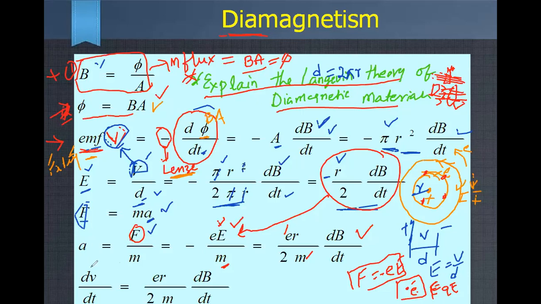Then now dV by dt. So what is the acceleration here? So you have to explain this from here. Acceleration is the rate of change of velocity. You know that, right? A is equal to dV by dt. We know this definition, right? Acceleration is velocity by time, but when it's changing, we write it as dV by dt. So acceleration is change in velocity by change in time. So I am writing A as dV by dt.